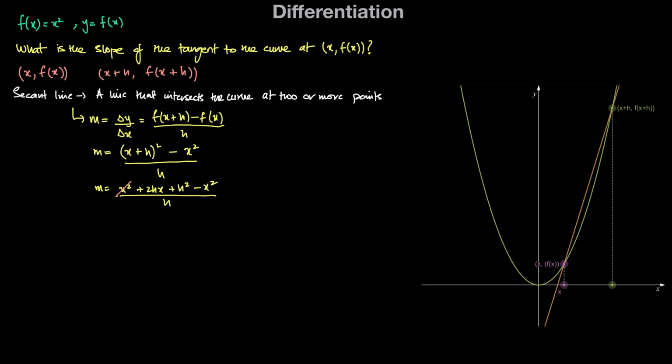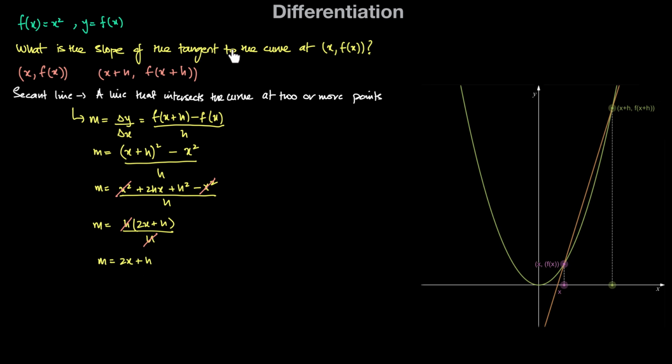And what we see here is we have x squared and negative x squared eliminate each other, and we have 2hx plus h squared in the numerator and h in the denominator, so we can factor out h in the numerator, leaving us with the slope as m is equal to h times 2x plus h, divided by h. And here again we have h in the numerator and the denominator, so that leaves us with the slope as 2x plus h. So here we found the slope of the secant line, but our initial question was